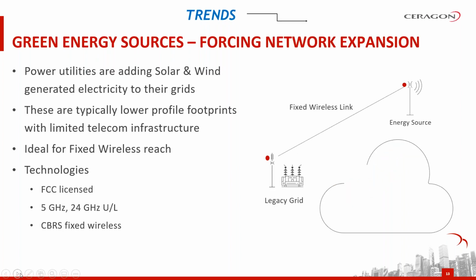And then finally, and this is one that I see probably growing more than others, for those energy companies that are generating their own power, most of them are looking at green sources, solar farms, wind farms, and they're having to extend their network out to those locations. And typically, those locations don't have the kind of telecom footprint that the energy company is used to seeing. They may not be able to put a concrete shelter at the site to house their equipment. They might not be able to construct the kind of antenna structure that they could in their core network. So they're dealing with less footprint,